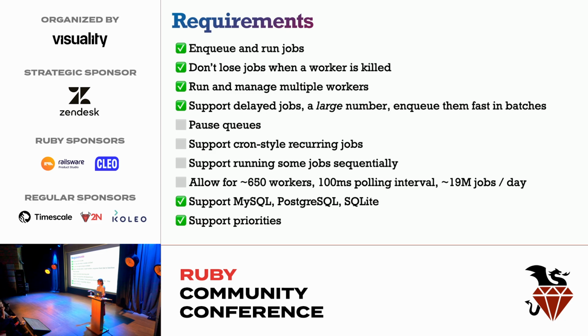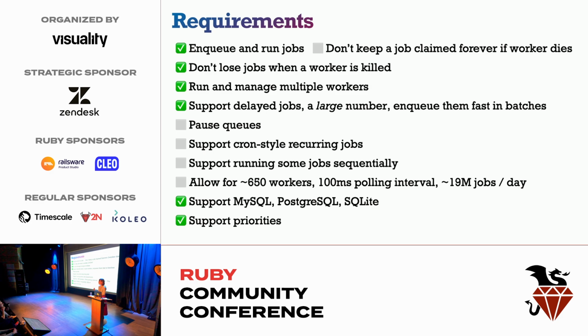And then, thanks to our design of keeping the scheduled jobs separate, with inspiration from our scheduled job gem, we will have all the jobs in the future there without interfering with the jobs that are ready to run. And this doesn't use any specific feature from any database. Both MySQL, Postgres, and SQLite all support this. We weren't using anything strange. With the caveat that it needs to be MySQL 8, but it has been a few years already, so it's not unreasonable. And we also support priorities. We added that directly in the ready execution table. However,